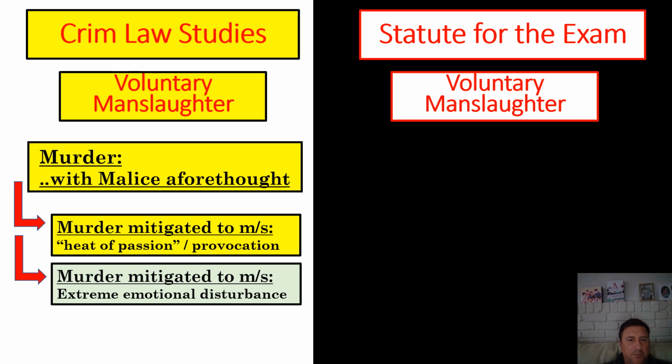So some jurisdictions, including the Model Penal Code, just started to say, instead of the heat of passion defense, we have something called diminished capacity, or at the time of the killing, the defendant was operating under an extreme emotional disturbance. So our study of a statute, our study of the Model Penal Code in this instance, provided the professor or the bar exam an option as to how they define their statute, how they define their voluntary manslaughter on game day, on your exam day.